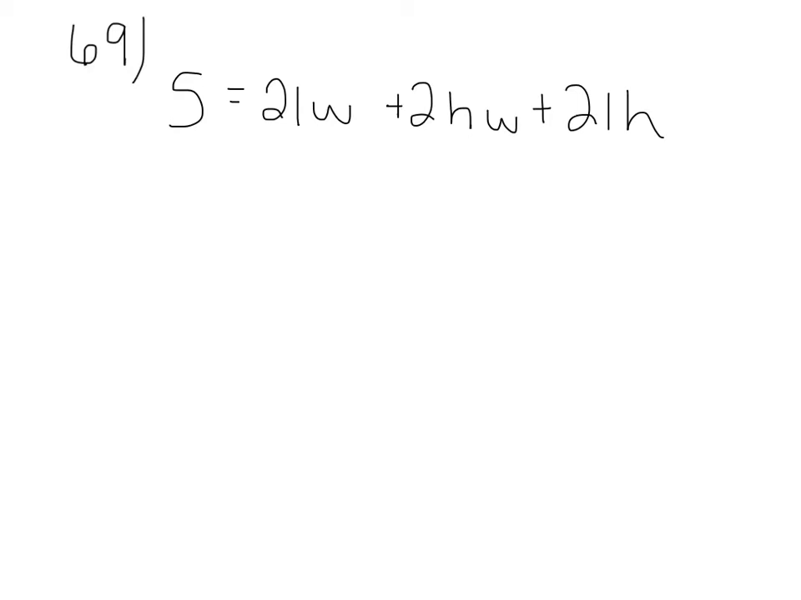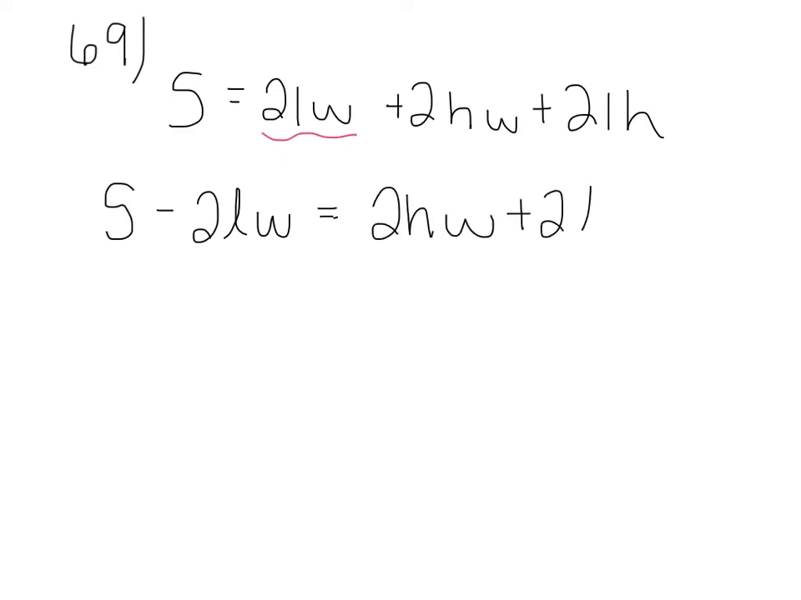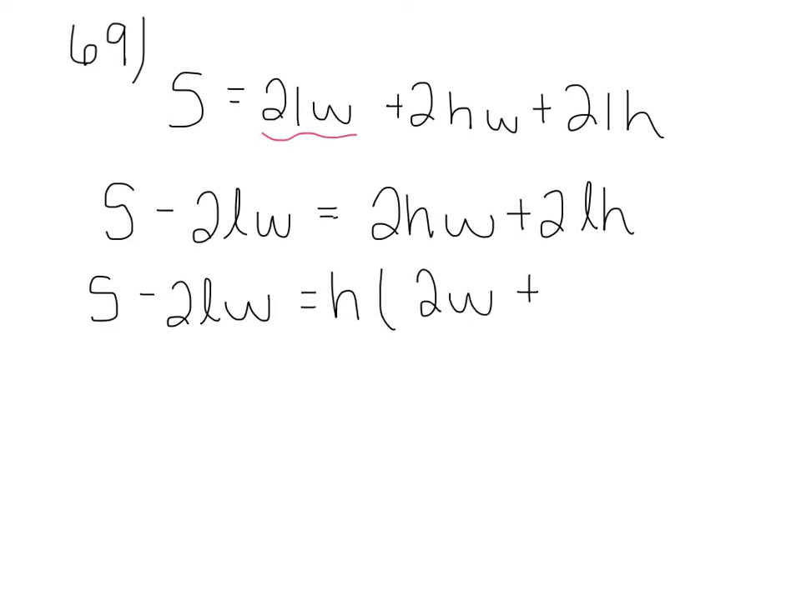So the first thing I'm going to do is get rid of anything that doesn't have h involved with it, and that would be right here. So I'm going to subtract it over, and I'm going to have s minus 2 length width is equal to, and then on the right side I have still 2hw plus 2 length height. So these both have h in common, so I'm going to factor it out. And so I'll have s minus 2 length w is equal to, take the h out, 2 width plus 2